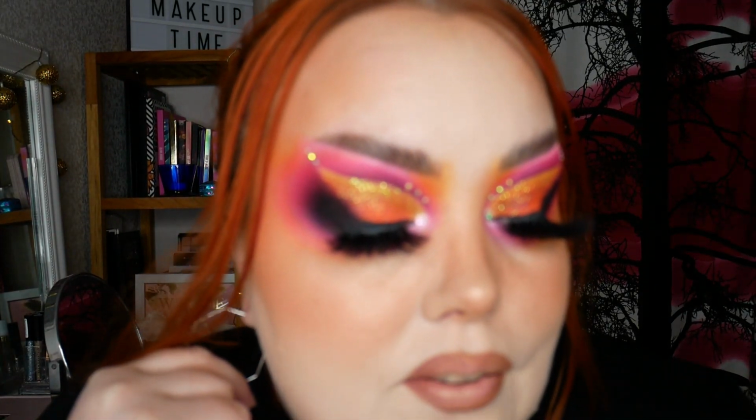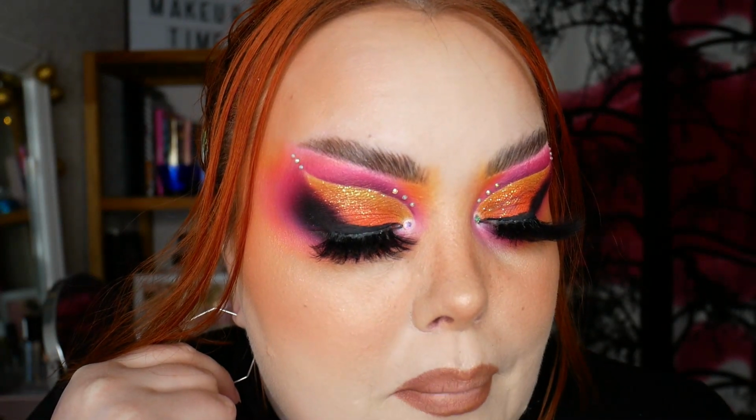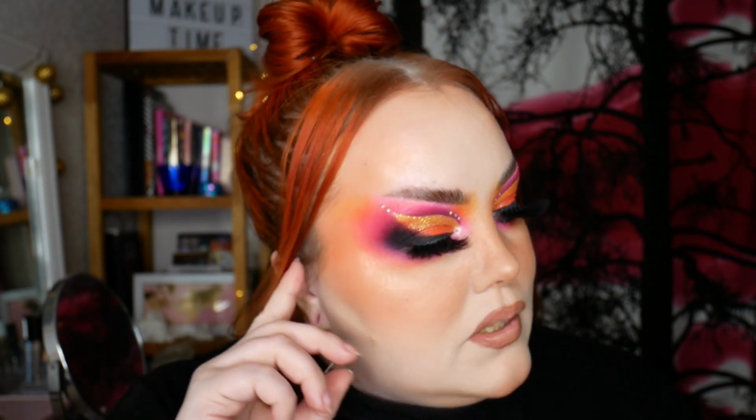And yeah, I think you can really see that there's a difference in the eye makeup. It's still the same idea, but it is different. And my face is different, I have so much more blush and everything on. I feel like my style of makeup has evolved this year. The blush has been my favorite product of the year. Of course, highlight, I can't forget the highlight, but blush has been really the one product that I've been